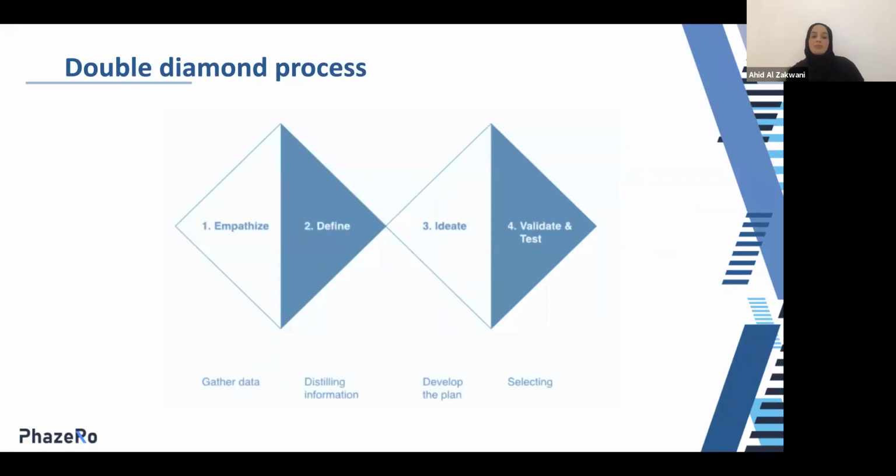There are multiple processes for design thinking. There is IDEO, and we have also the double diamond process. As you can see, it's called double diamond because there are two diamonds. The first diamond represents the problem and the second represents the solution. So to start with, you start with the problem